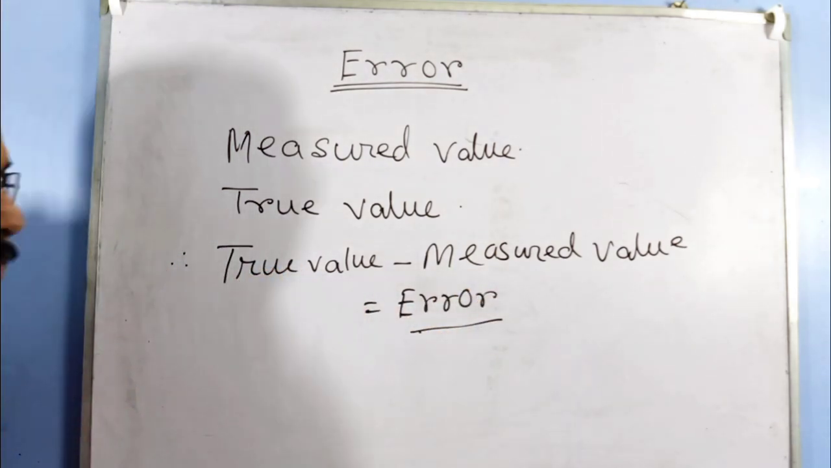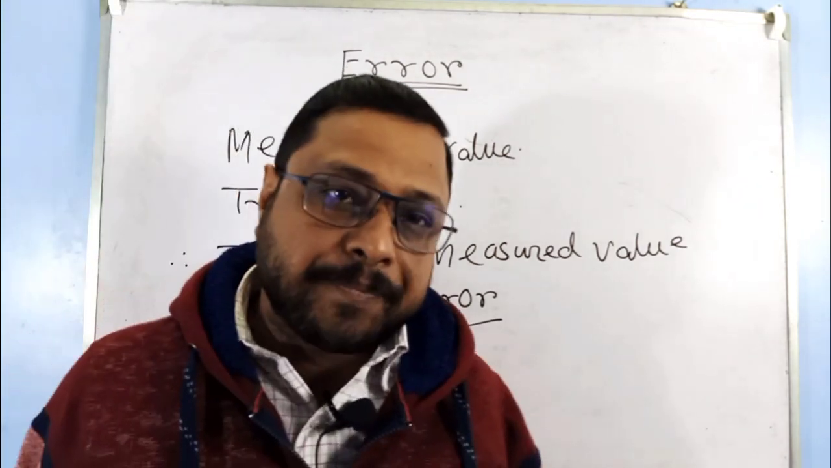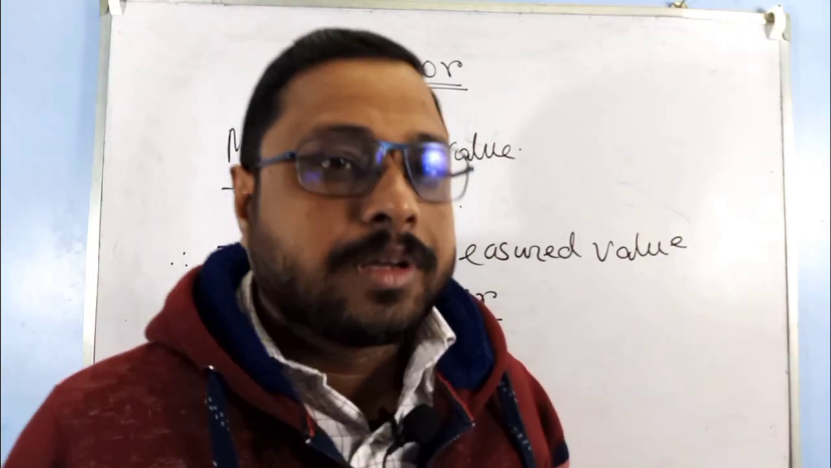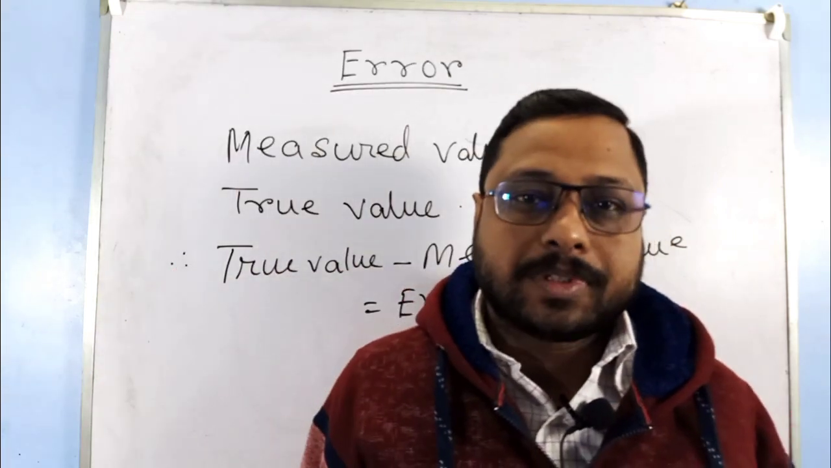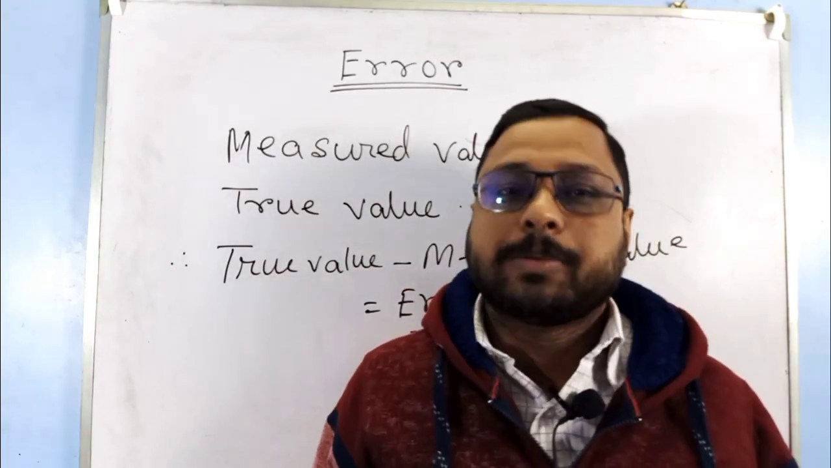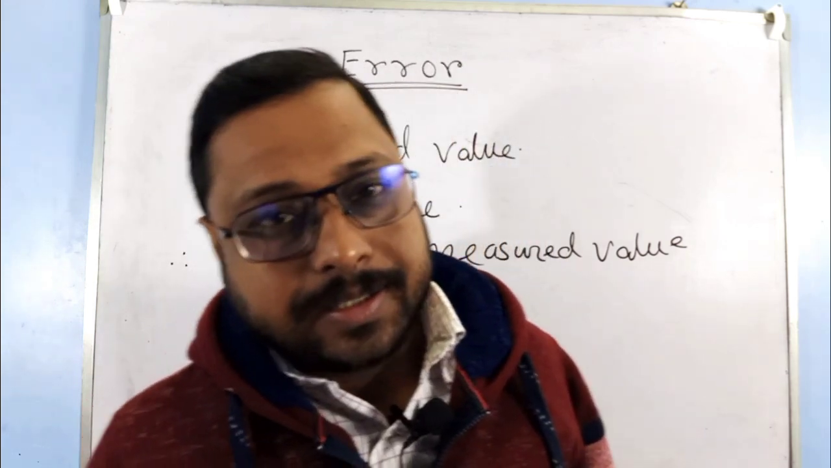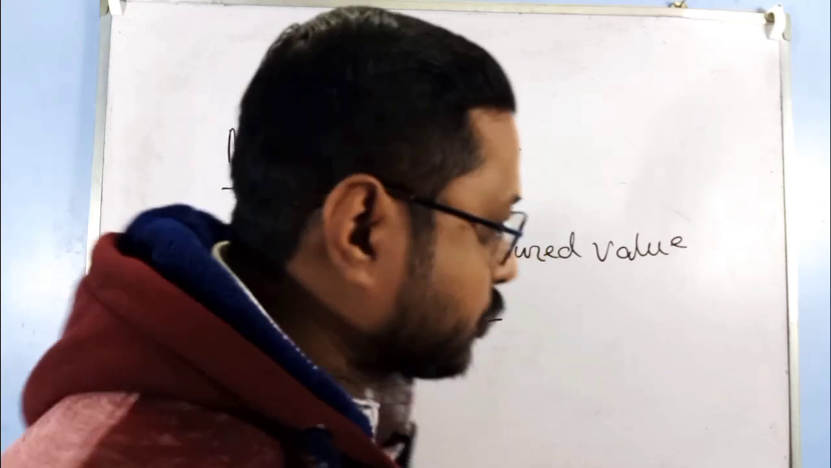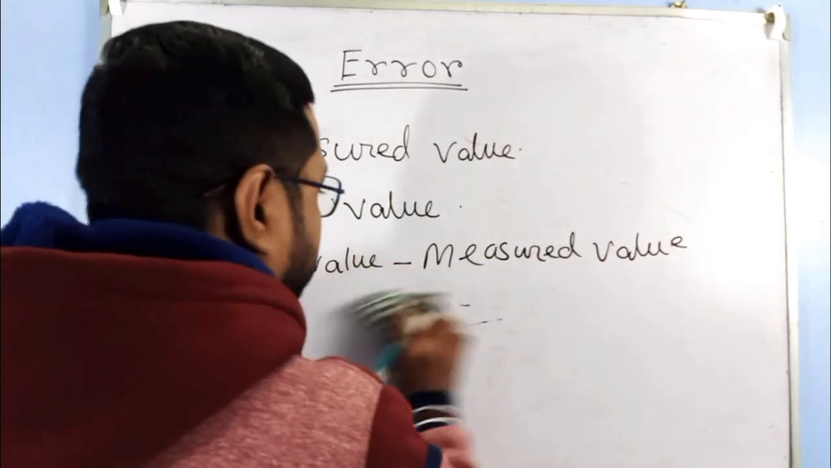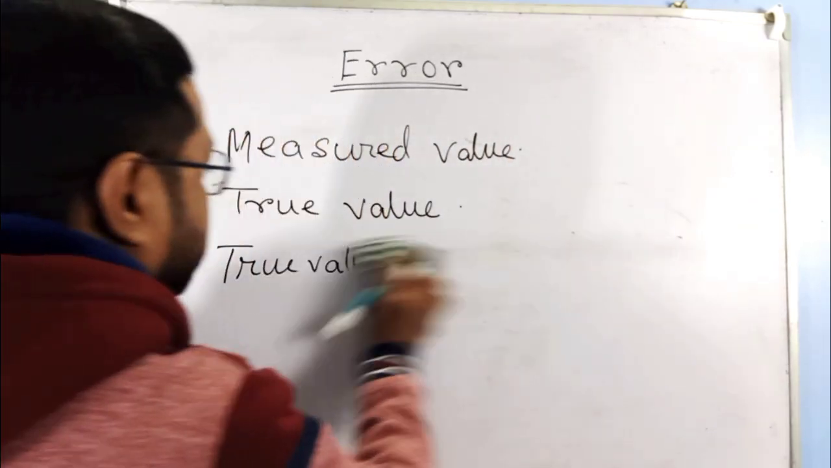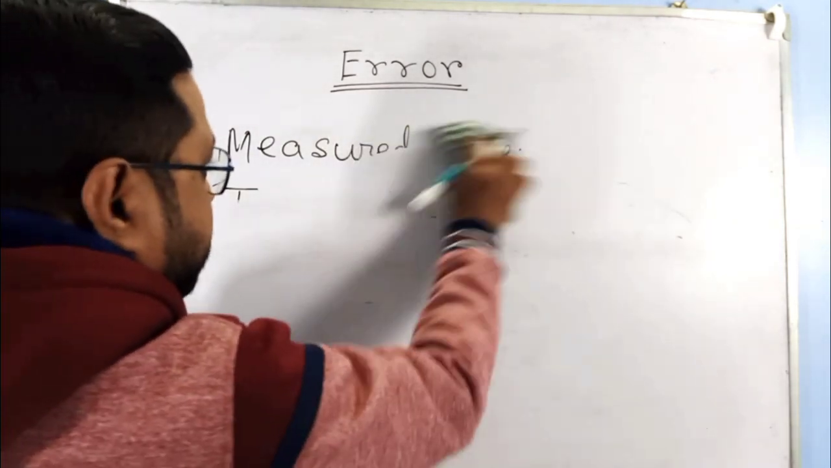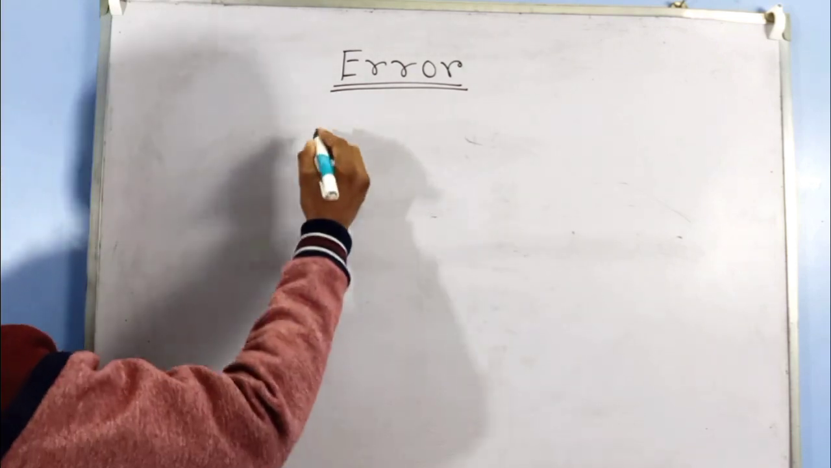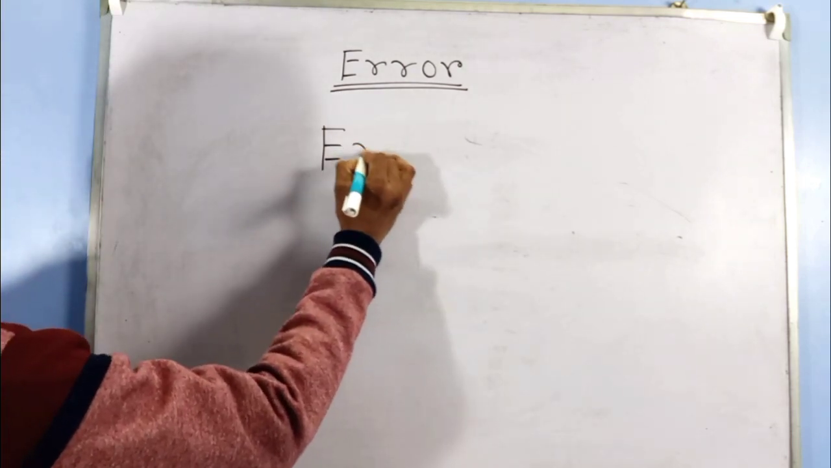Now, how can we measure this error? There are two types of error in an experiment: one is systematic error and the other is random error. If we classify the error,